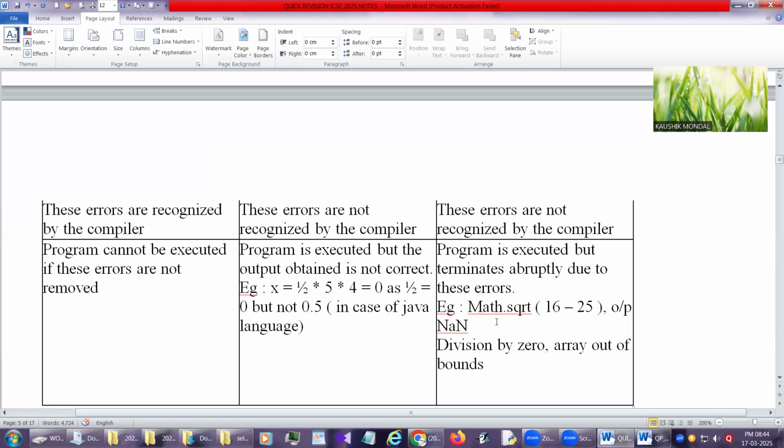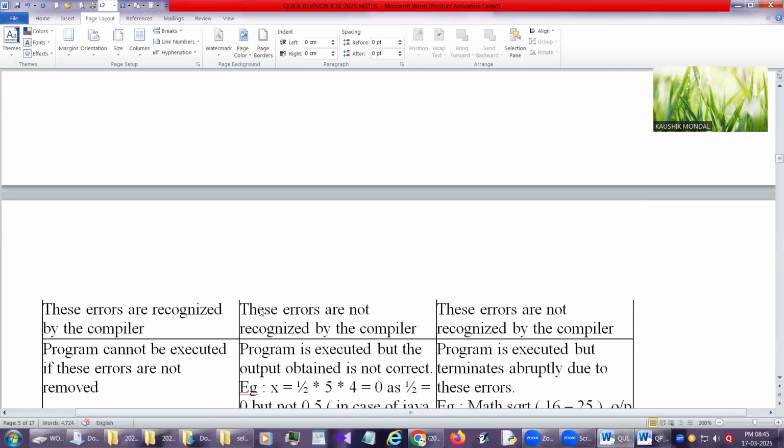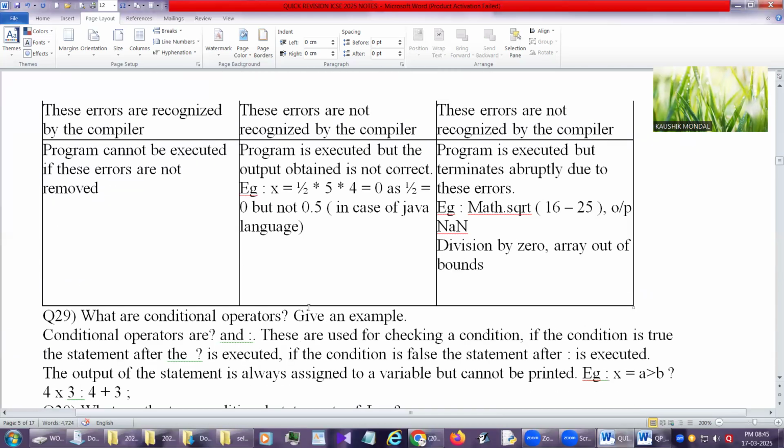And one more important thing, while you are answering, you need to focus on 1 by 2 into 5 into 4. What result are we getting? We are getting the result as 0, because in maths it is a universal truth that if I divide 1 by 2 we get 0.5, but both are integers, so integer division is happening here. Integer by integer will return an integer, so 0.5 we have to accept as 0. 0 into 5 is 0, and into 4 is 0 as well. So this is definitely a logical error.